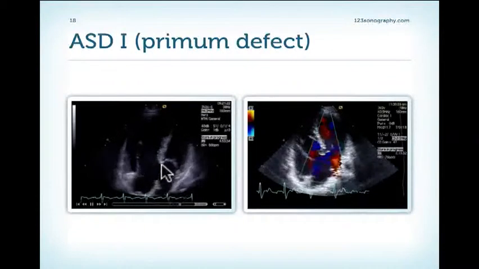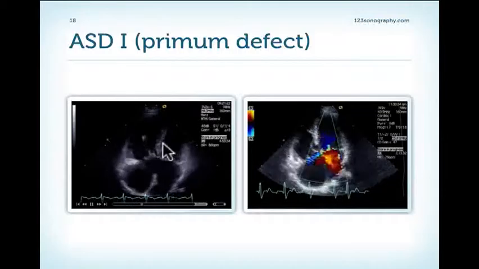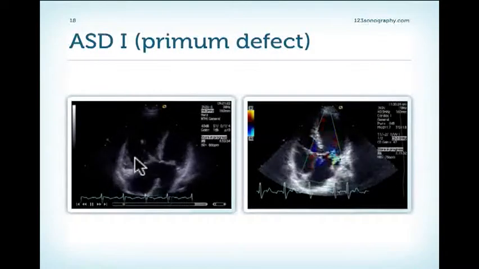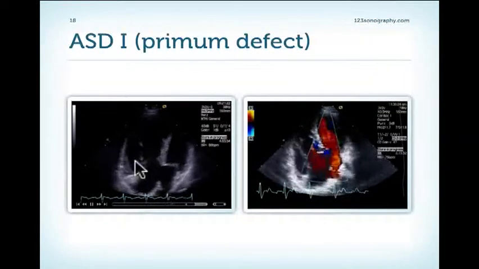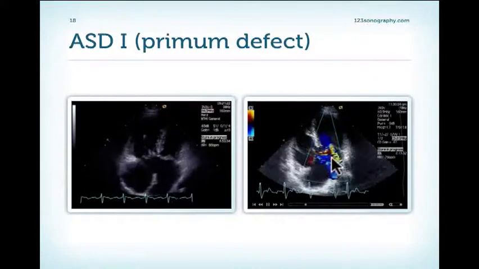We have this large defect here, and we have a lot of left to right shunt and a significantly enlarged, volume overloaded right ventricle. On the left hand side, again a patient with